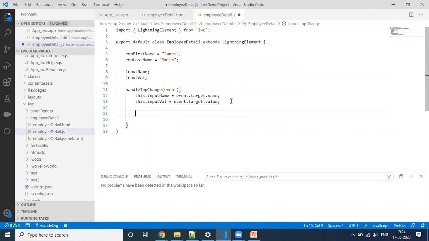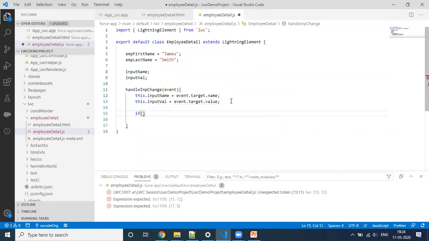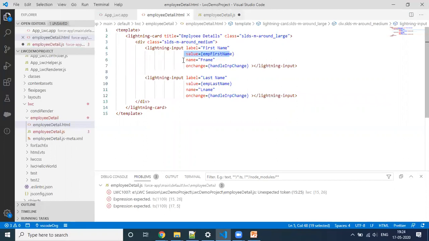And with the if condition, I'm going to check. I'm saying if my name equals first name, then take the value of this. When on change occurs, if name equals last name, then this name actually will differentiate between these two inputs, because we are using the same method here.